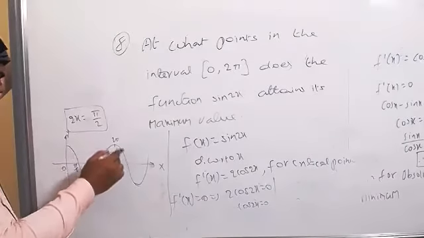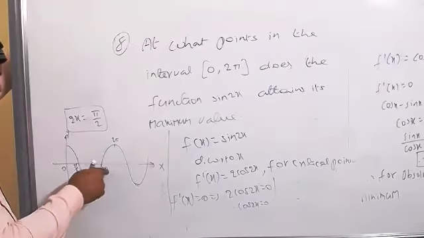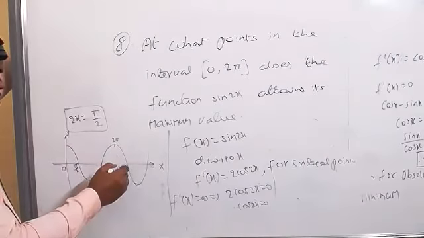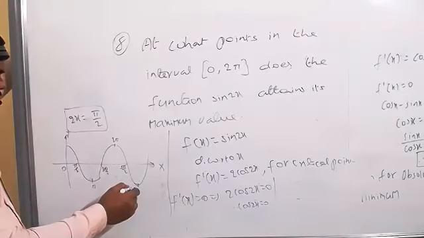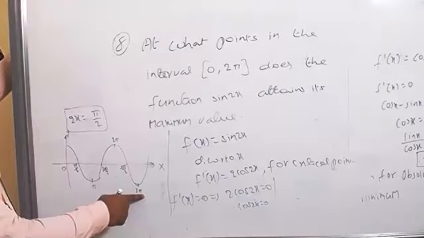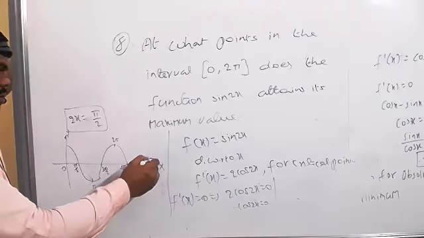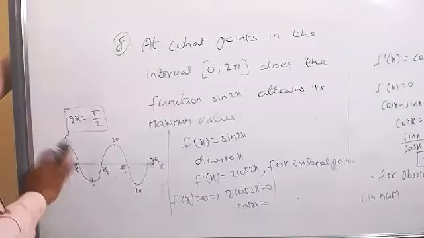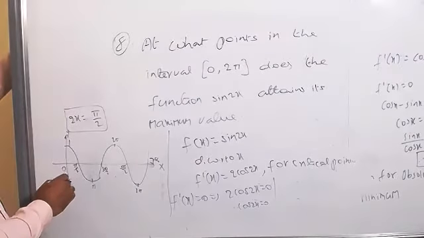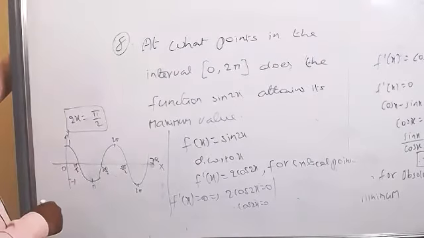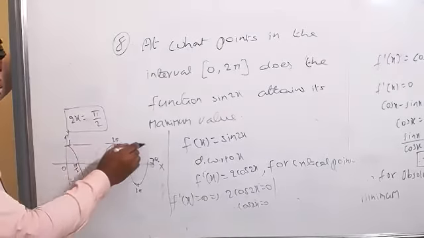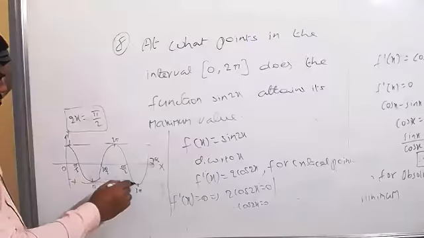This is 2 pi, and whatever point you add pi by 2 to: 5 pi by 2, and this is 3 pi, 3 pi plus pi by 2 equal to 7 pi by 2. Just observe clearly. What about this point here? Clearly 1. And this point here? Minus 1, because the range of cos x or sin x will be minus 1 to 1. From here to here we are getting like this, taken graphically.